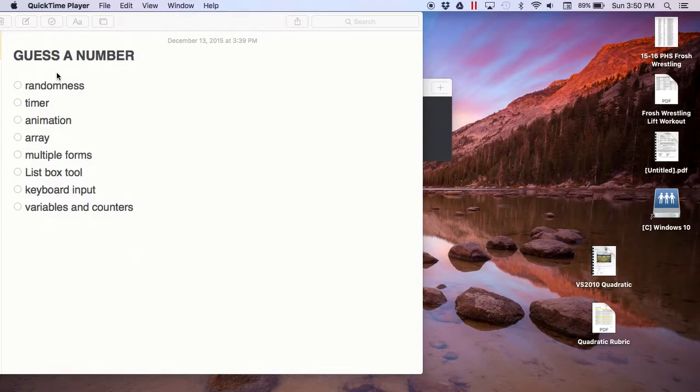So what I have here is a list off the top of my head of all the new things that will be incorporated into Guess a Number. You're going to learn about randomness, how to pick a random number between such and such, whatever you choose. You'll be introduced to a timer, which will lead us to some simple animation, how to use an array, or mathematically a matrix. This will have multiple forms. You'll be introduced to a list box tool, how to allow for various keyboard input,